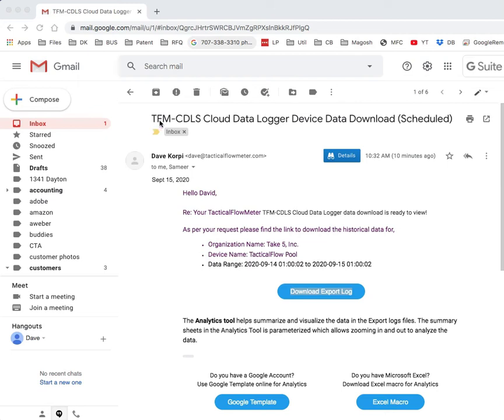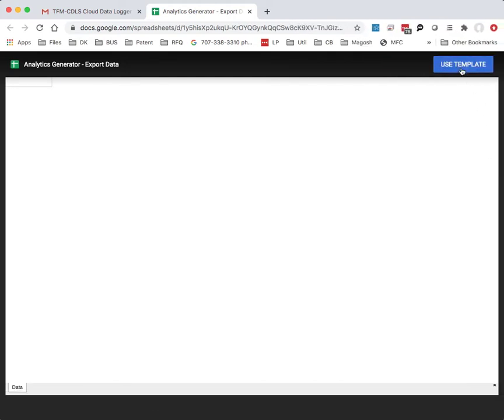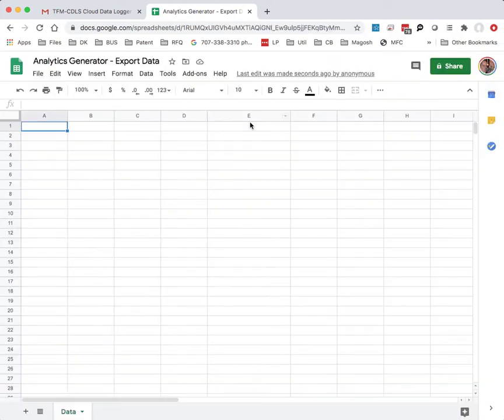How to download the data that you receive when you configure your TFM-CDLS Cloud Data Logger to send you an email with data. We first click Google Template. If you already have this open, you won't need this. We're going to click Use Template, and up shows